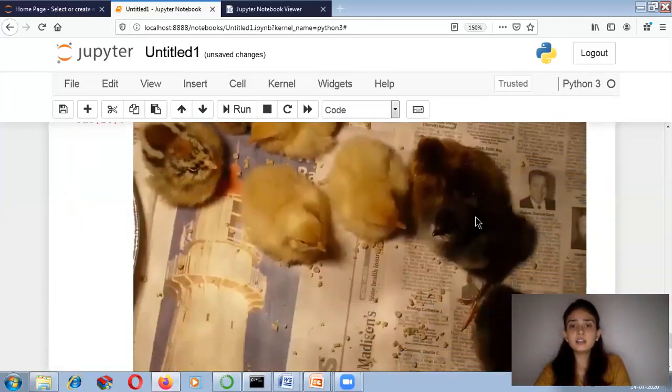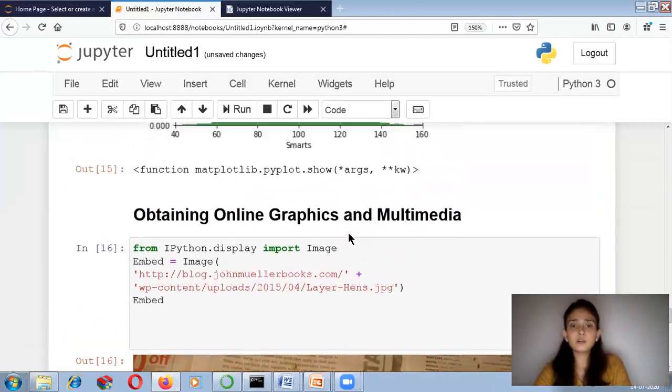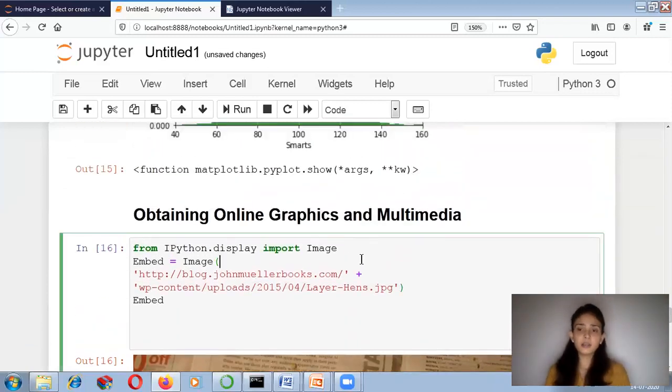Then you can see it gives me the image from the online website, and it is the image of a hand. So like this, you can perform all the analysis. I am already providing you this particular Jupyter notebook, the .ipynb file, on your drive.